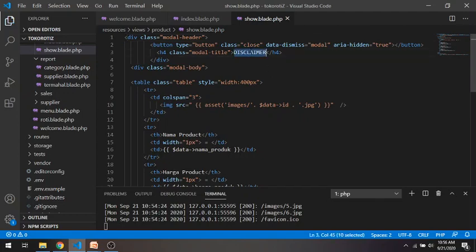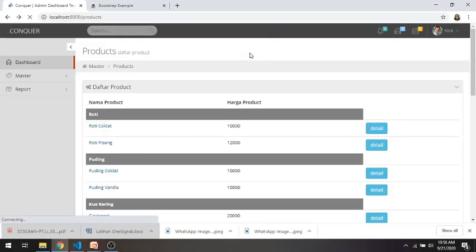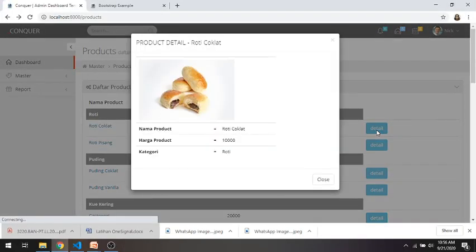Modal title, maybe we can change it with nama produk, or product detail, nama produk. Okay, we will check it again. Detail. Okay, this one is better.